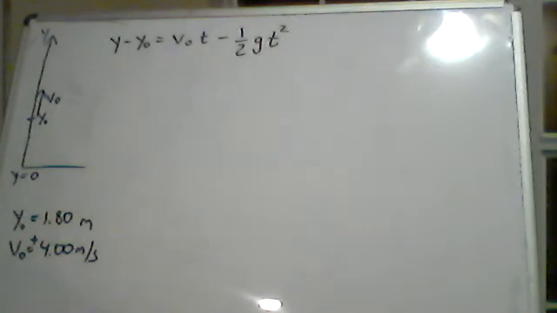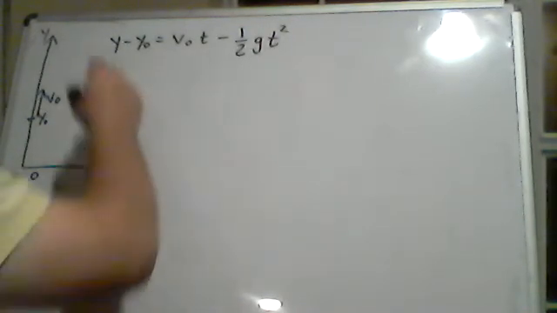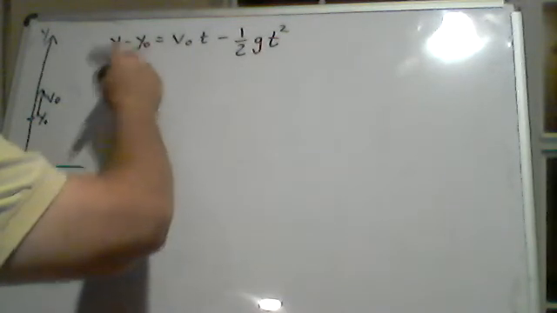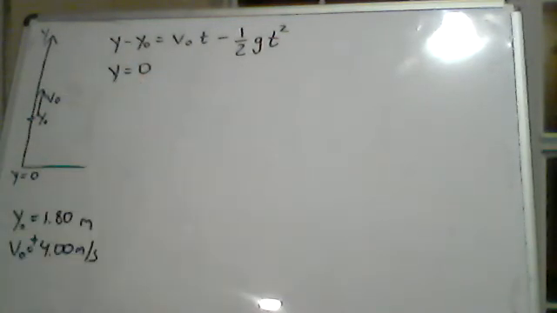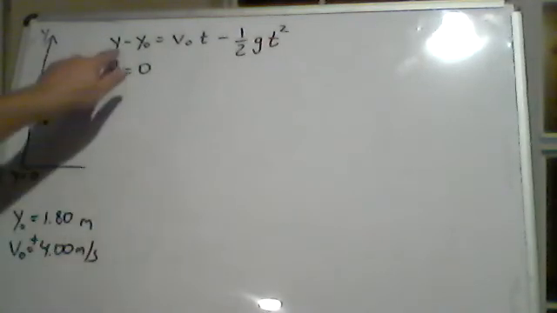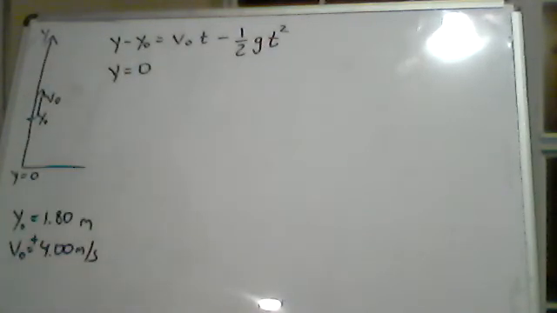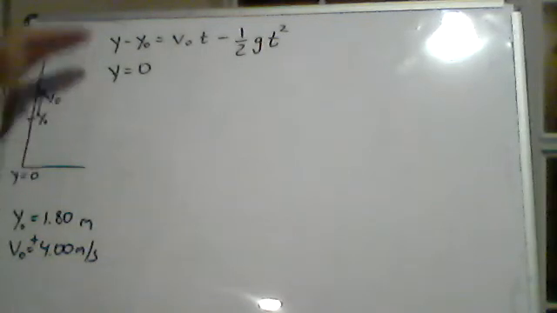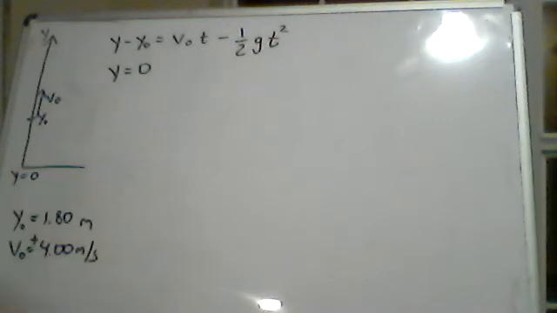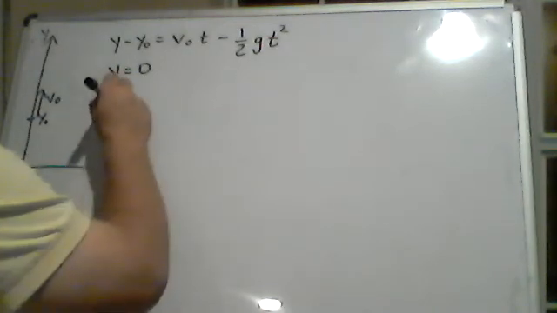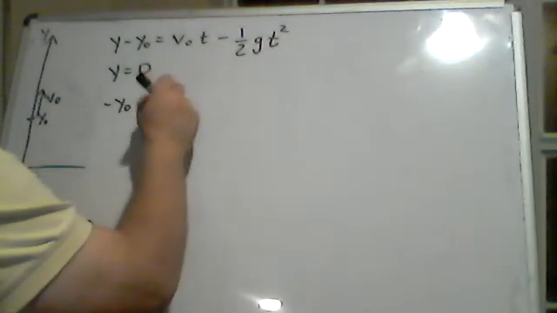And so first and foremost, we want the final y to be 0. We're basically saying we want to know what t is. We're going to set y equal to 0 right now because that's what we're asking. We want to know when her feet hit y equals 0. She's going to go up and then come right back down. And when she hits y equals 0, the corresponding time will be how long she was in the air. All right, so we can look at this and say, okay, well, we have negative y0 equals v0 t